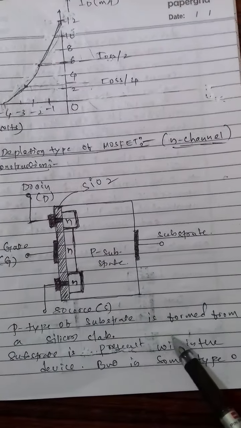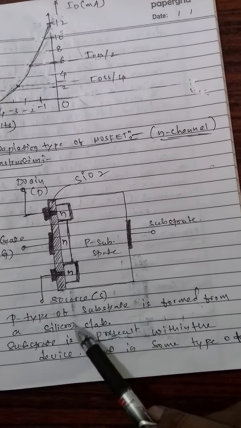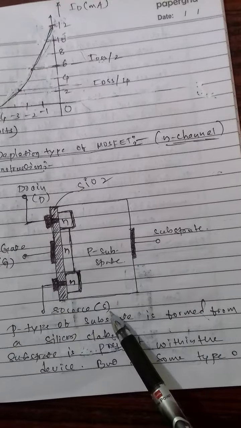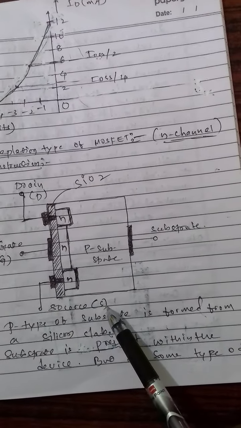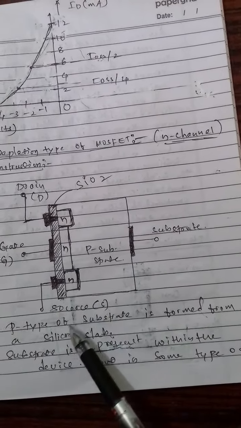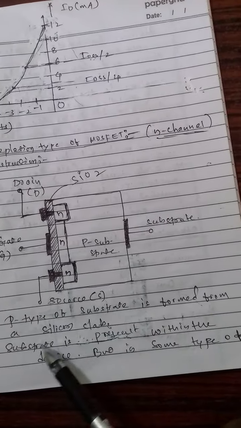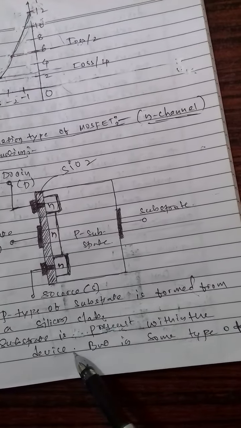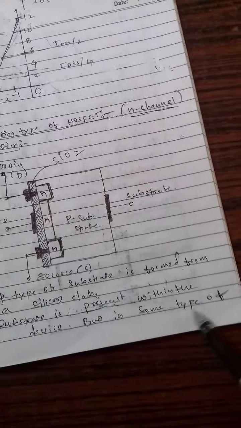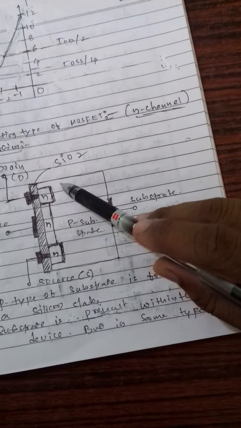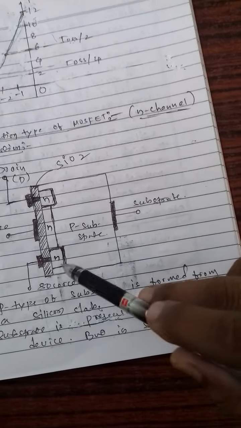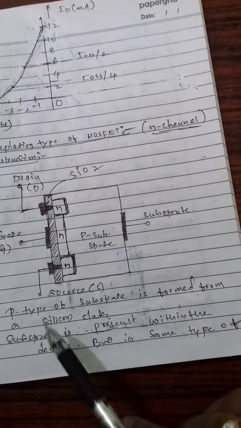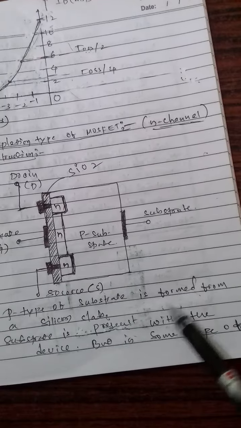A p-type substrate is formed from a silicon slab. Substrate is present within the device,